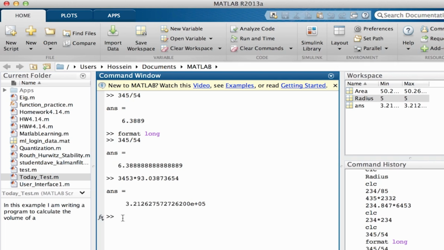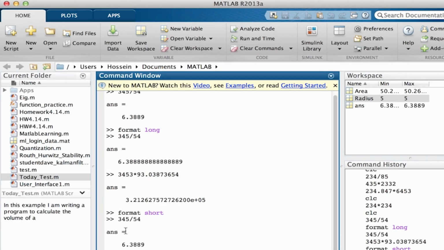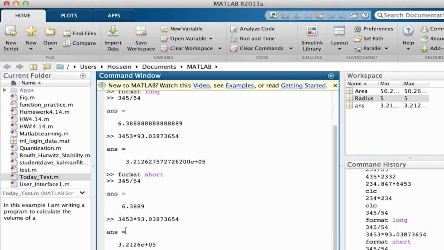The way to return to the previous normal calculations is to type format short, which is the default. If I now bring back the calculations that I just did, you'll notice that they're going to be reflected back